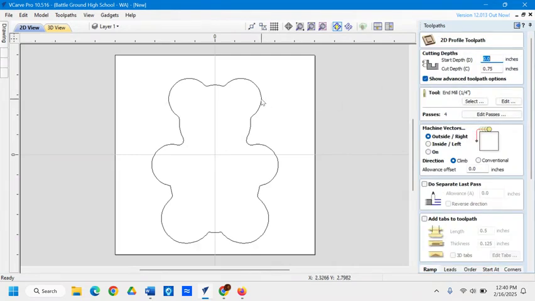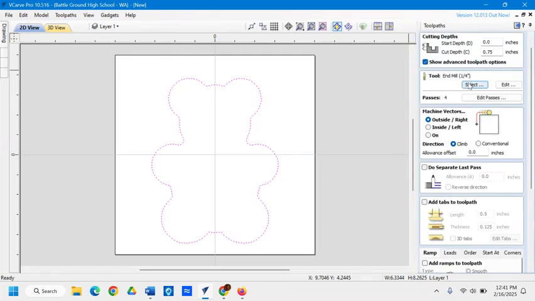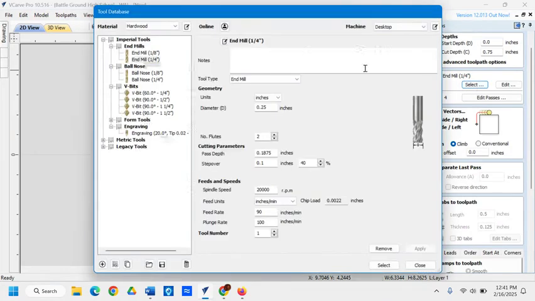and we have to have our line selected. We want to set our cut depth. That's how deep we're going to go into or through the material, at the thickness of our material. We don't want to put any numbers up here where it says start depth. Next box down is the tool. We want to select the tool and then make sure that our 1/4 inch end mill has all the right settings. The CNC we have at the school works really well with a pass depth of 3/16 or